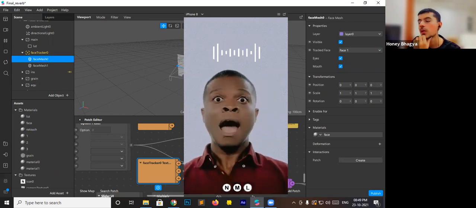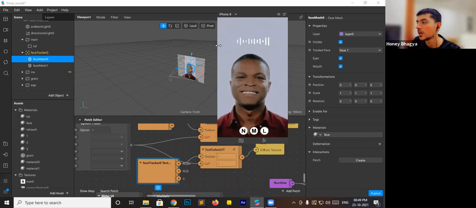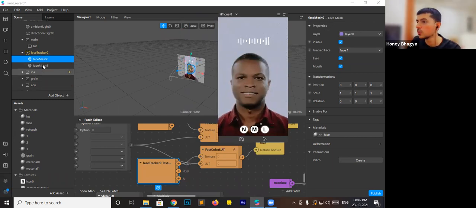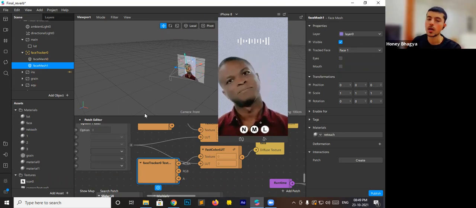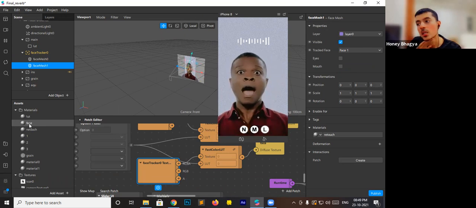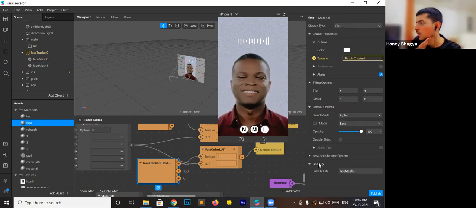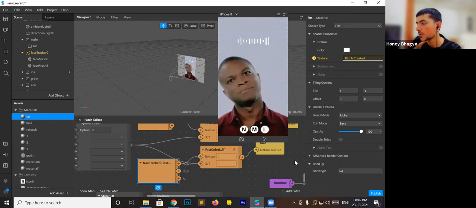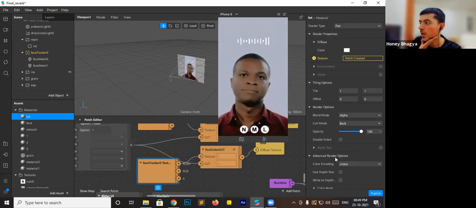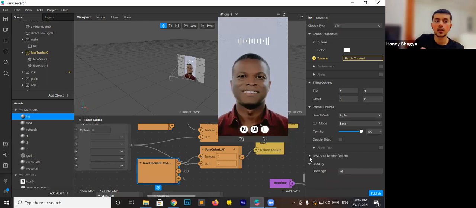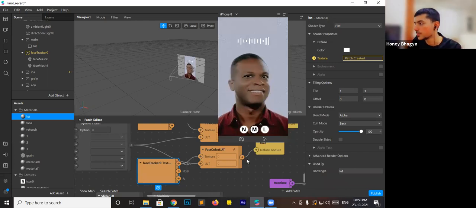So if you are going to create a filter that has a LUT, make sure to use two face meshes to use the retouch or any makeup effect. And if you are using LUT and face effect, make sure to turn off this render pass option, because sometimes what happens is it messes with your effect. So make sure to keep this turned off, to make sure the effect works properly.